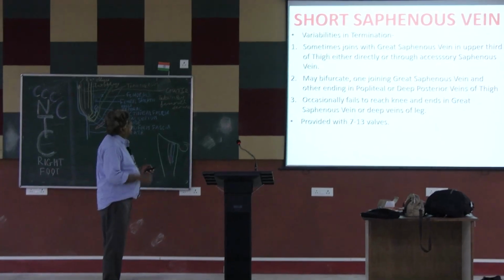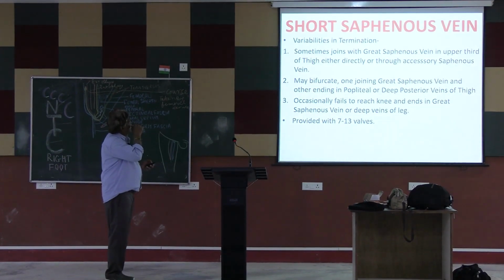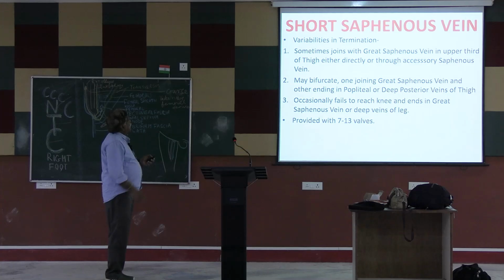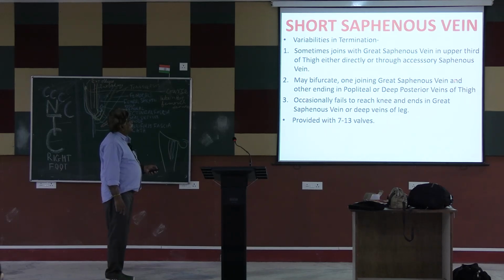Short saphenous vein, variability in termination. Sometimes it joins the great saphenous vein in the upper third of the thigh, either directly or through an accessory saphenous vein. It may bifurcate, joining the great saphenous vein, with other endings in the popliteal or deep posterior veins of the thigh. Occasionally it fails to reach the knee and ends in the great saphenous vein or deep veins of the leg. It is provided with 7